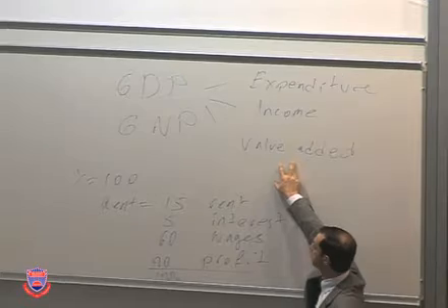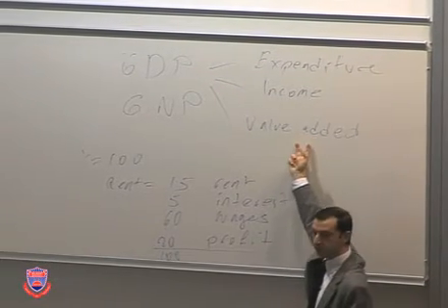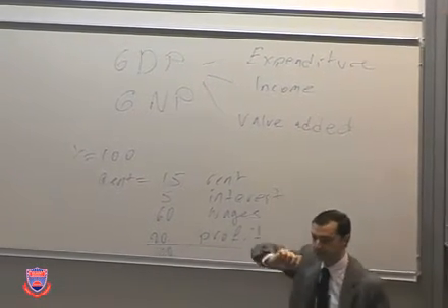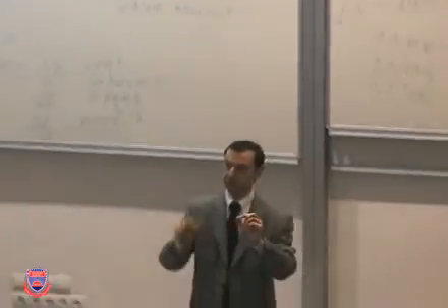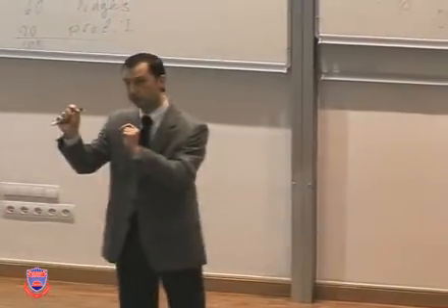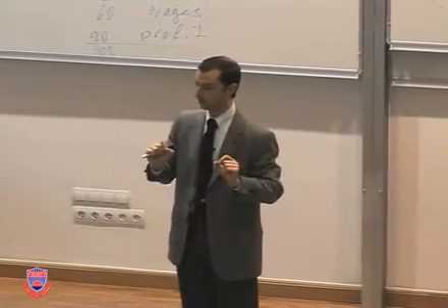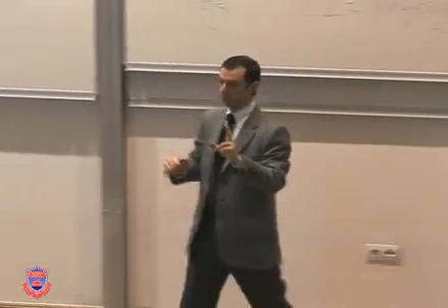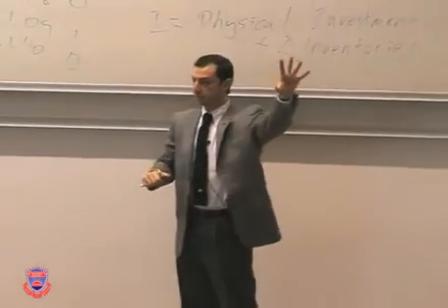The last bit is the value added. This is the one that is impossible to measure, but is the most conceptually useful one. Okay? Value added says, remember that we were looking at the total monetary value of final goods and services? Right? We could do one of two things. Either we take the final goods and services and their prices,